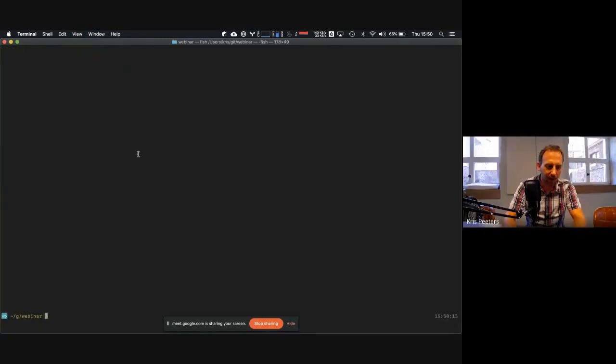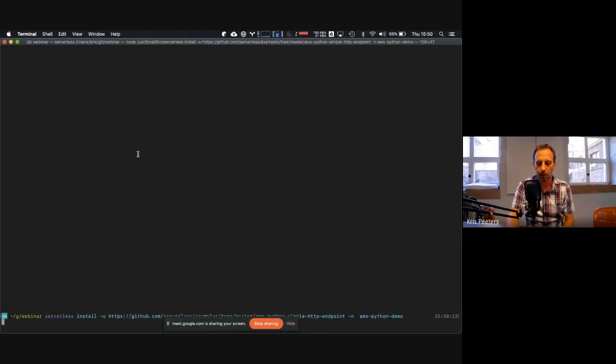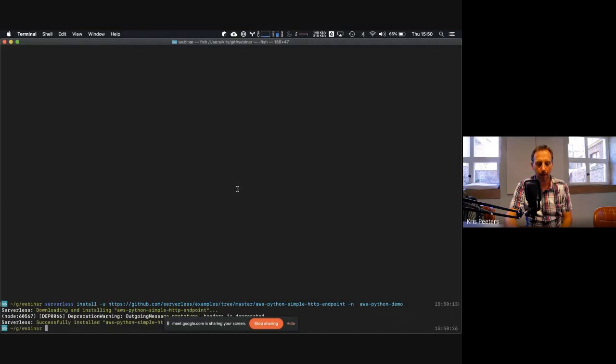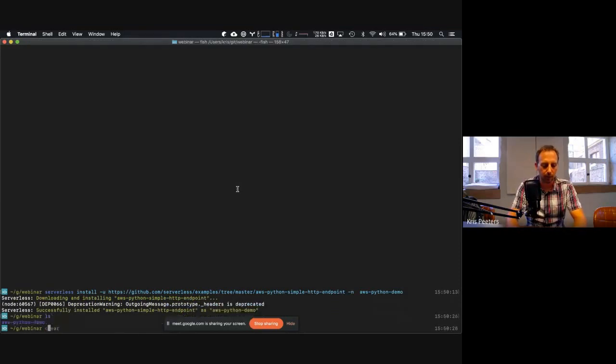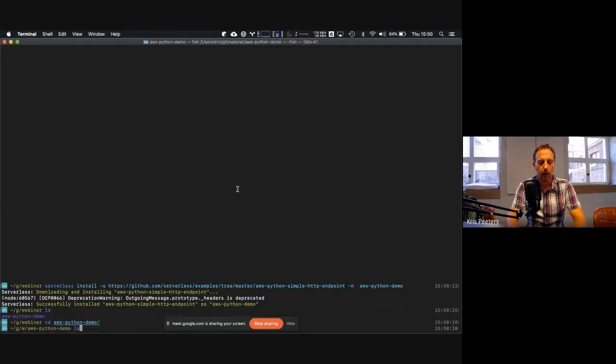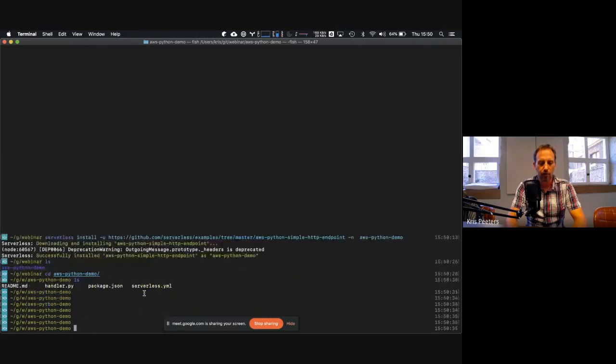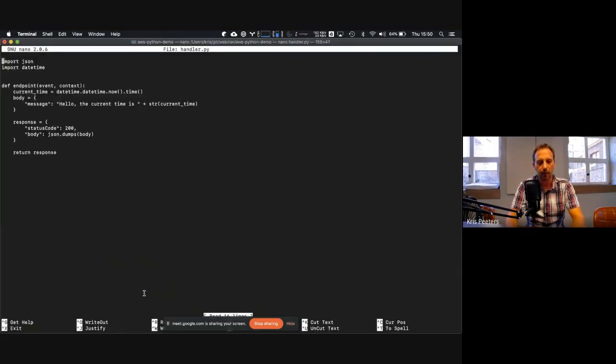Yeah, like this. If you just do serverless init and you point to some kind of GitHub repo, you say init AWS Python demo, it's downloading and installing this thing. And now you see it created a folder for me, AWS Python demo. If I go in that folder, you see it created a handler.py, a package.json, a serverless.yml. We're not going to explain everything you see here, but if you quickly just open the handler.py,